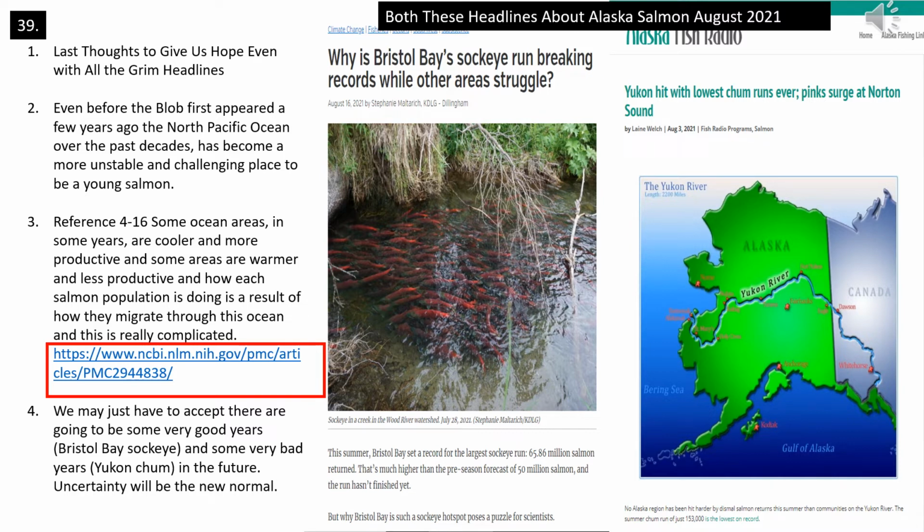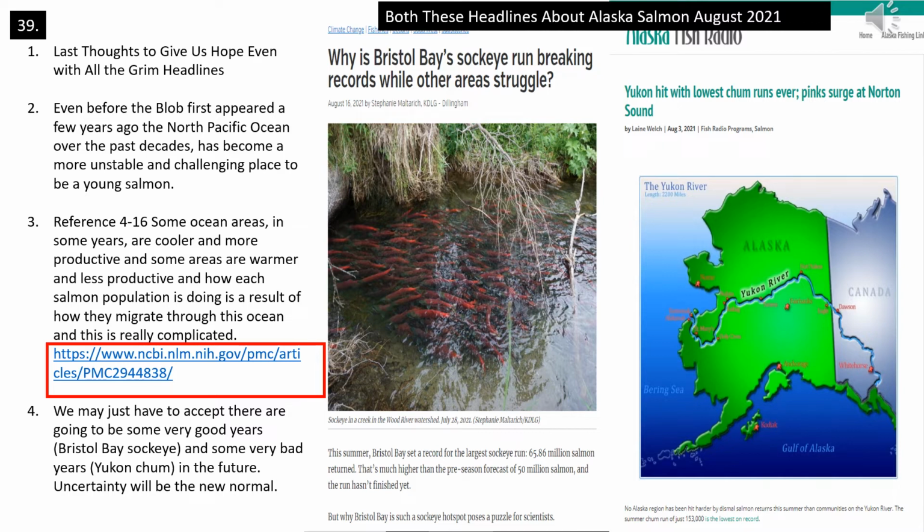As we've discussed, every population has a slightly different strategy for how they move and migrate through the ocean over their multiple years at sea. Only time will tell which populations do the best in these unchanging or rapidly changing times. But that's the nature of biodiversity, and that's why salmon are still here after a number of glacial periods they've survived, because the diversity in the populations of salmon and within the populations of salmon is the